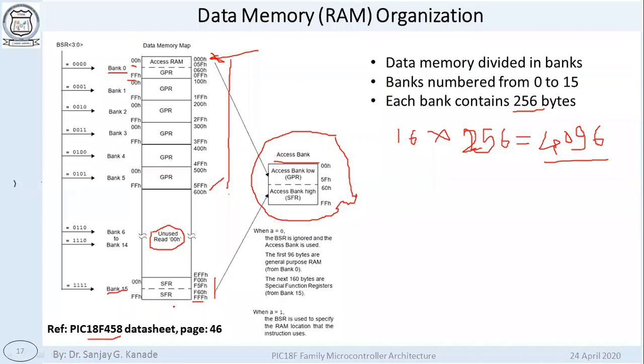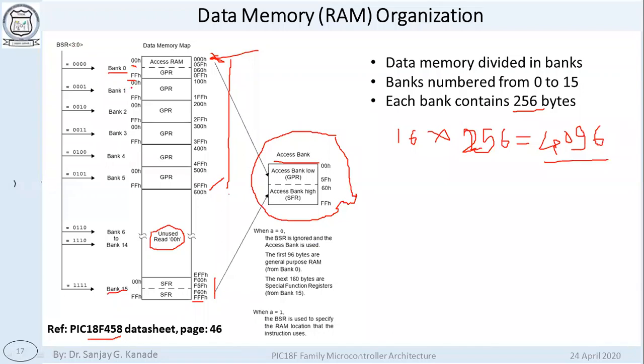So this access bank is not a separate memory. It is actually part of the data memory, but only accessed in a specific way. This is to simplify certain programs and to save program space. How the program space is saved can be understood by seeing this. Is this readable to you? Anyway, there is a further slide where you can read this again, but still I will explain this here.